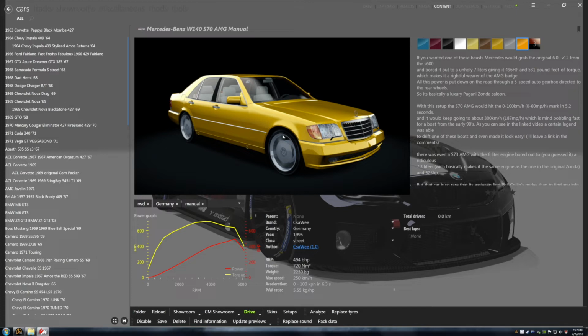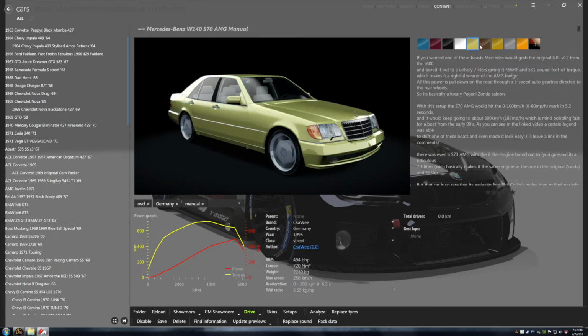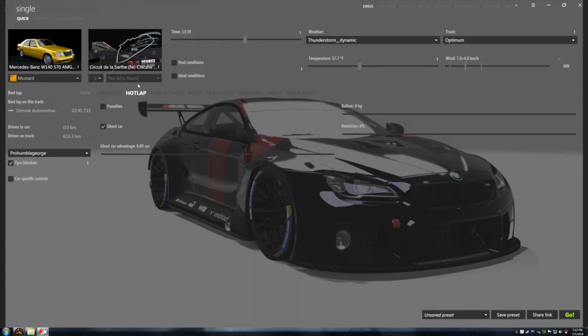I've done so much monkeying around with this. Now, as you'll see, I have not touched anything to do with that part of the car. Let's see if there's any other colors for the interior. No, there's not. Sometimes they offer other colors, and then we could find that and switch it, but that isn't the case. So let's take a look at mustard, and let's go to drive, and let's go to hot lap,